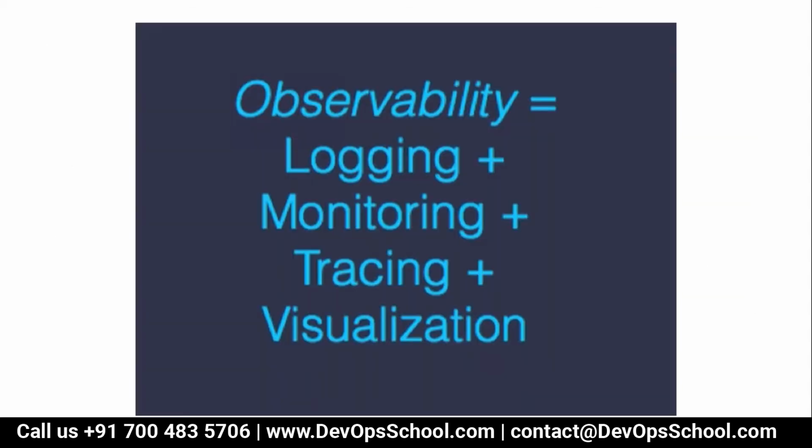Tracing means, see, there is one application running, and a hell of a lot of requests are being made to that application. Someone has made a request, and until they got a response, tracing that request and response, and performing the trace between the different services and microservices, and their response codes and response times, is basically called tracing.